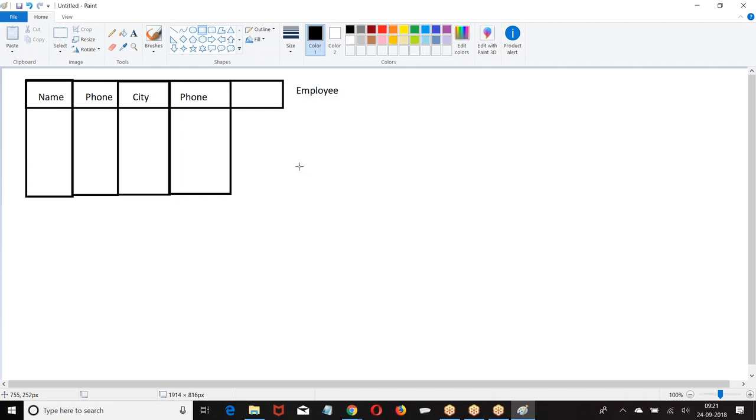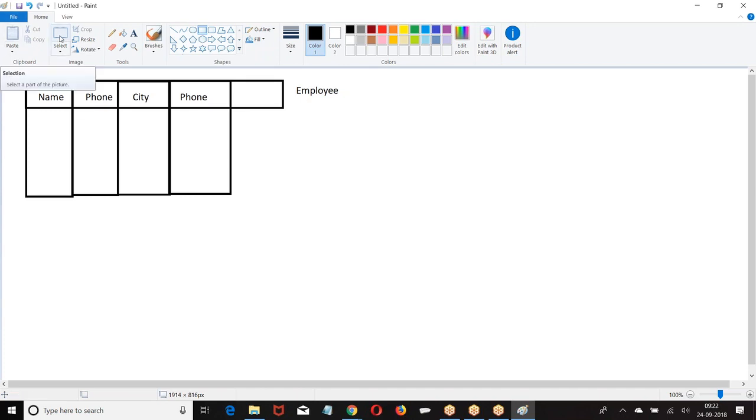Now, understand the point: in the table, fields are there. Fields are nothing but columns. In the table, name is a column, phone is a column, city is a column. You call it a column, I call it a field. In Salesforce, we call a column a field. Okay.